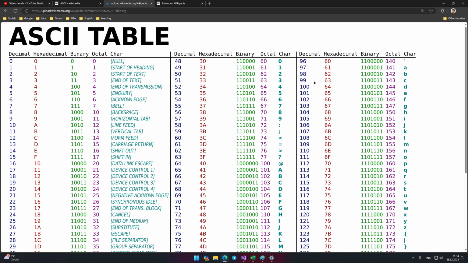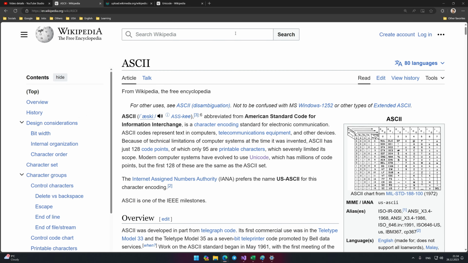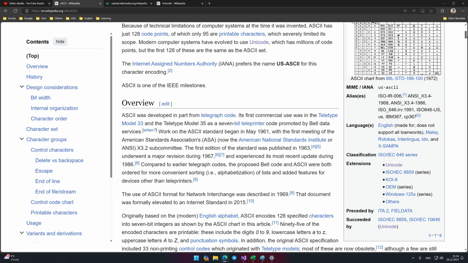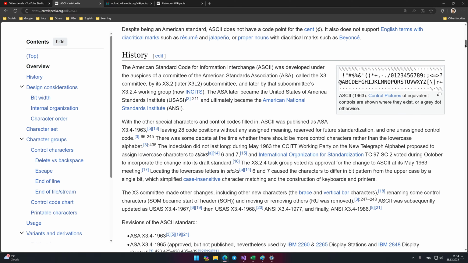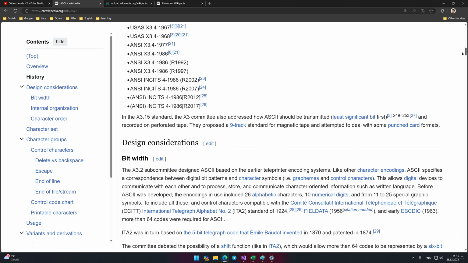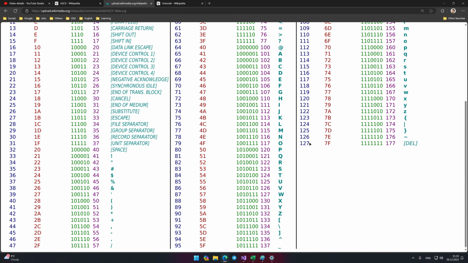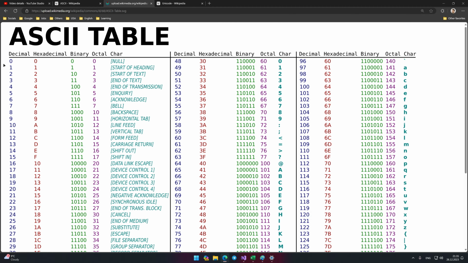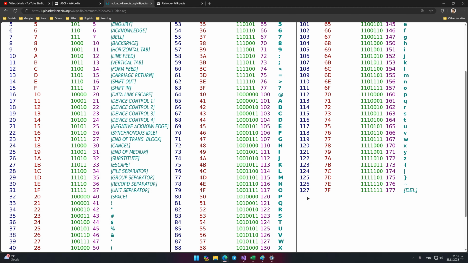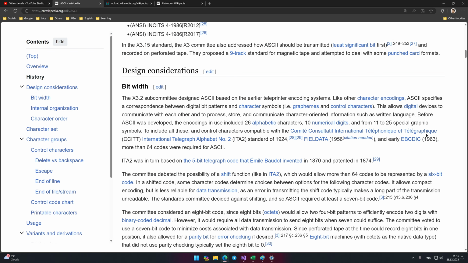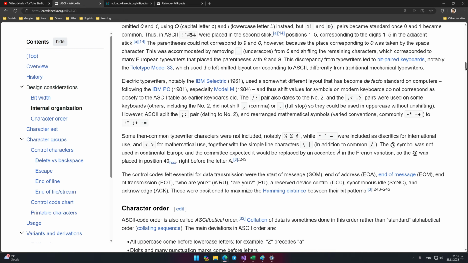ASCII is a very old character encoding standard, and it's still used by default in C++ console terminals. Please note that in the table, the maximum number is 127. This standard supports 128 characters. Don't forget the character number 0. 1 byte is enough to represent every character from this table, but 256 characters can fit in 1 byte. Where is the other half then?